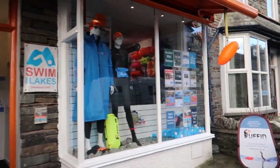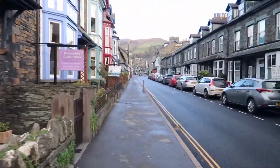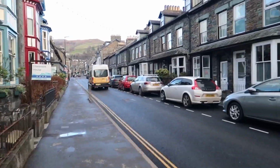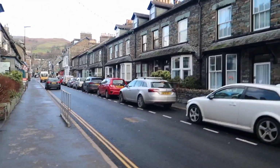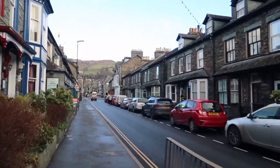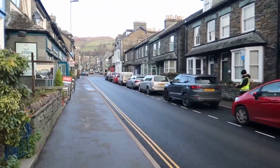Here's a wild swimming shop. I remember when wild swimming was just called swimming. I used to swim in the lakes and rivers when I was younger, we just called it swimming. It's now wild swimming. Makes it sound more adventurous, I suppose. Anyway,